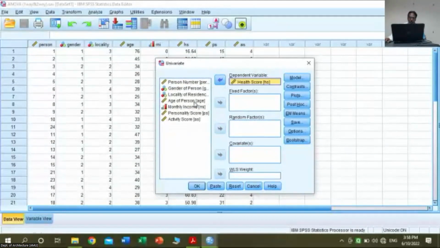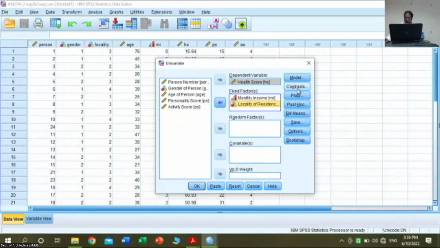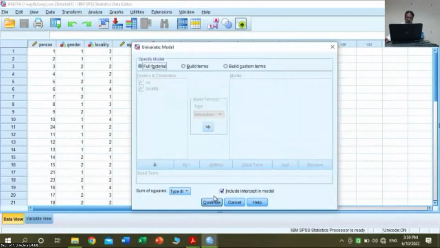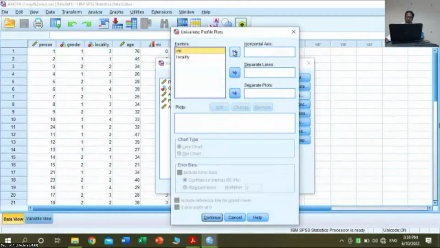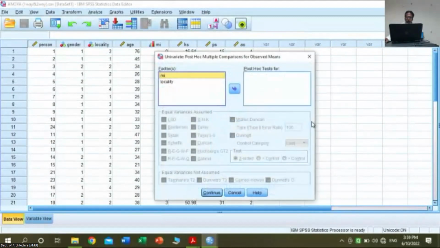One is the monthly income, okay. Another one is the locality of residence. There are 4 localities: A, B, C, D, okay. And here full factorial, and plots: you can select plots for monthly income and locality and add, do like this. Post hoc for monthly income and locality you can select, and for multiple comparison again we